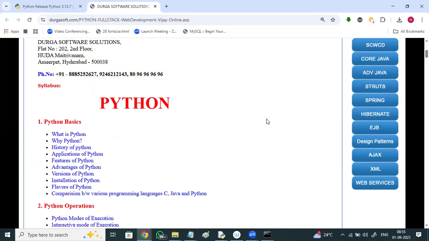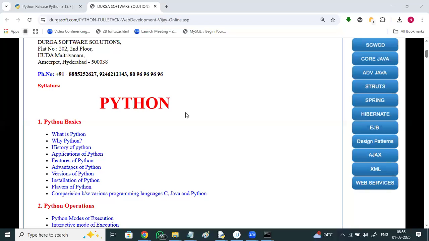Tomorrow I'll be discussing how to write your Python code within the editors, in different environments. Later, once we are done with a little bit of technical things, I'll show you how to run within the IDEs like PyCharm and everything. Tomorrow my discussion will be on editors. IDEs I'll be discussing after 3 or 4 sessions.